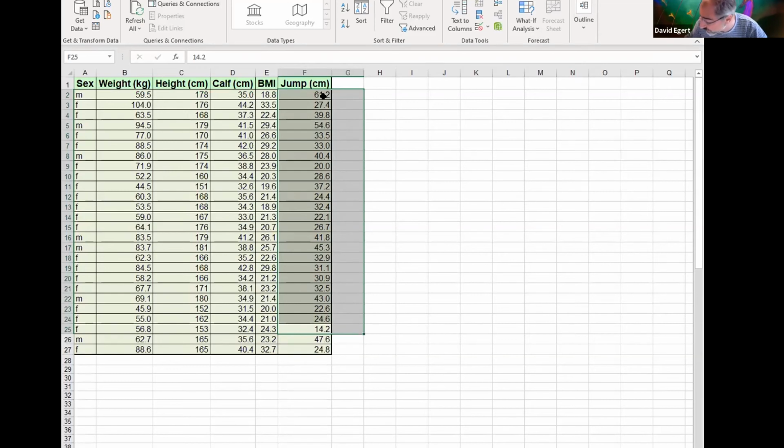So my calf, I'm writing it down here. Actually, there's a calf that's 30. You have a data point at 31.5 for the calf. Right, so I'll go from 30 to 45 for the calf. And then for the jump, I'll go from 10 to 65. All right, so then